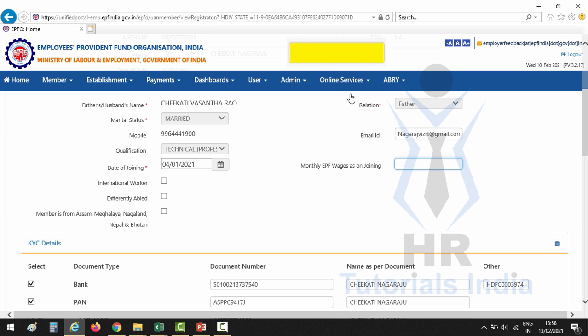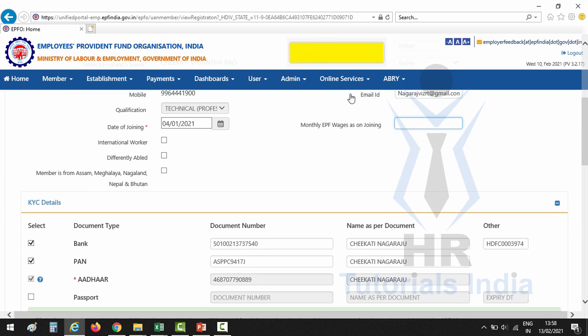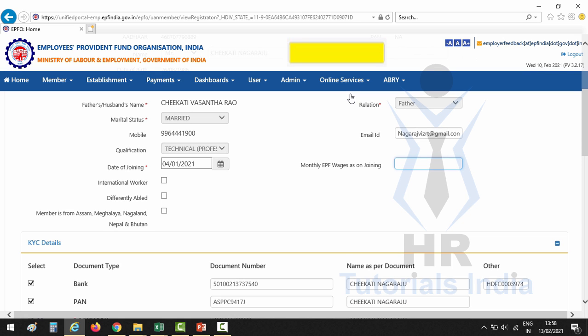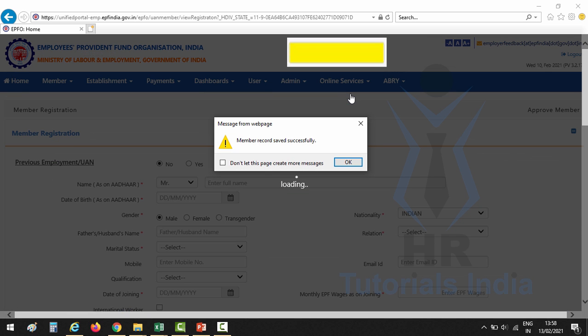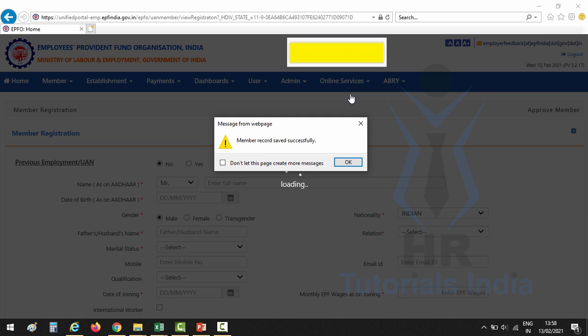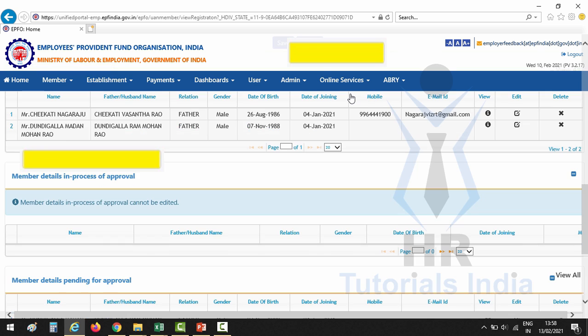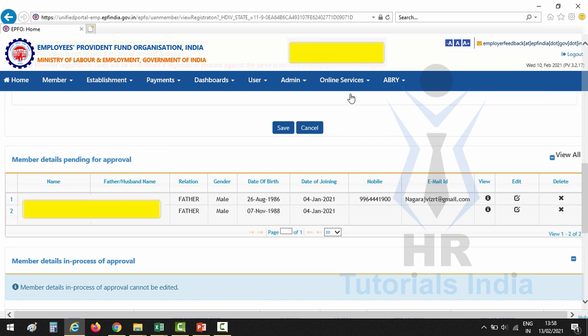The new option which was recently added is the EPF wages as on joining. So I entered this also. Then finally I'll click on the save button. Now the message from the website says that the member record was saved successfully. Click on OK. See dear friends, we can see both the PF registrations are done successfully,